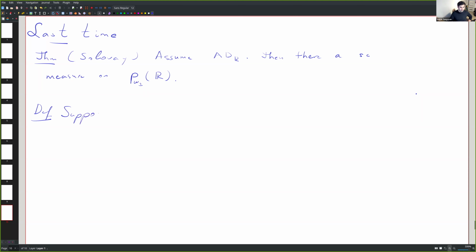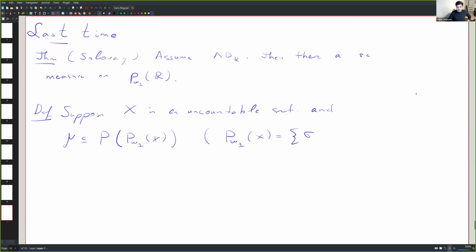Suppose X is an uncountable set, and P omega on X, remember, this is the set of countable subsets of X. So we say mu is a supercompactness measure